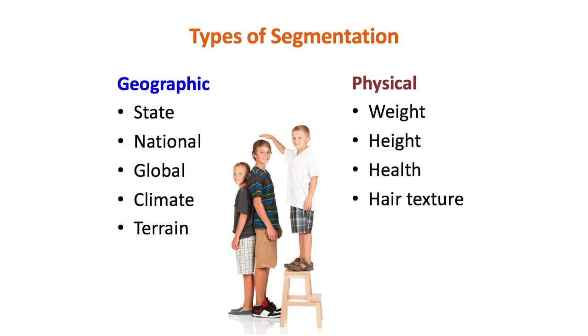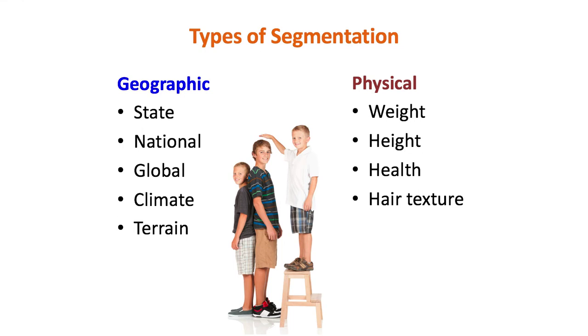Of course, demographics covers a wide variety of factors involving a population. But let's consider some more specific categories of segmentation that will be more useful to us. Geographic characteristics or attributes focus on where the target market is, going beyond a basic geographic region and considering local, global, climate, and terrain. Like, would we market the same type of outerwear to South Florida as we would to North Dakota?